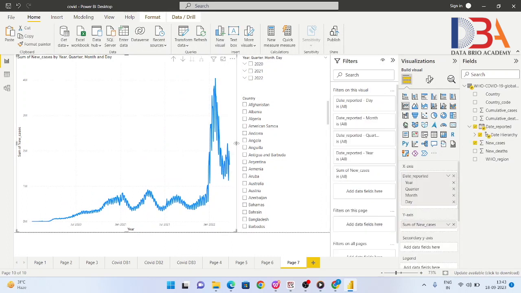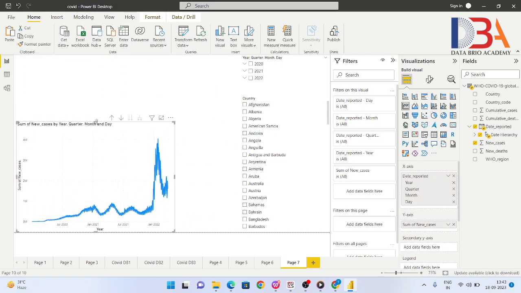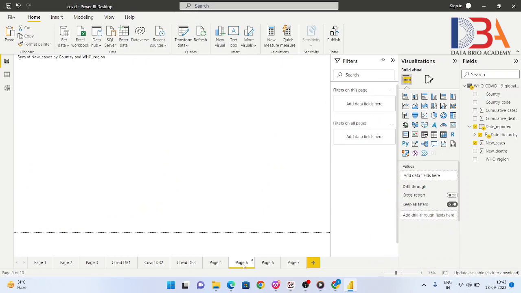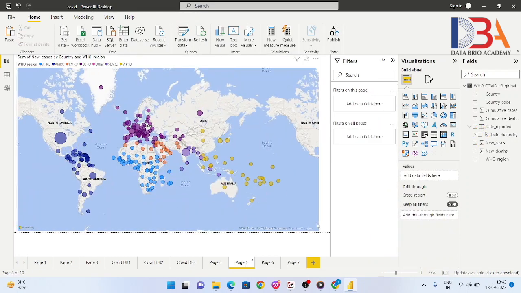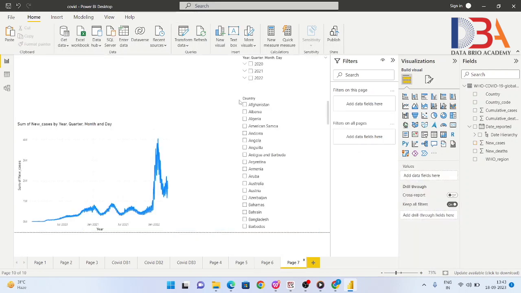And we need to make some spaces. We need to copy the map and paste it in the report page.